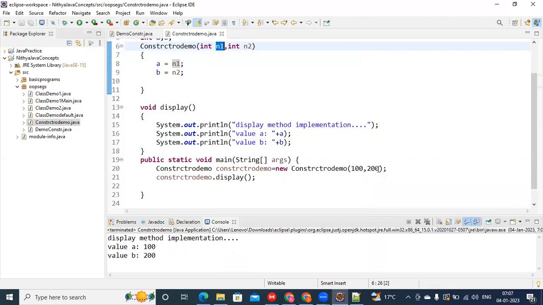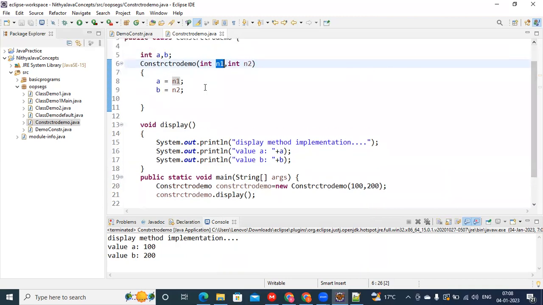So here we have given the arguments statically. Dynamically also we can take the values and assign them. Previously, while I was writing this example, a value we had given and assigned to a only, but I've changed that argument to n1, n2. How can we do that? Now, when we want to give a here as well,